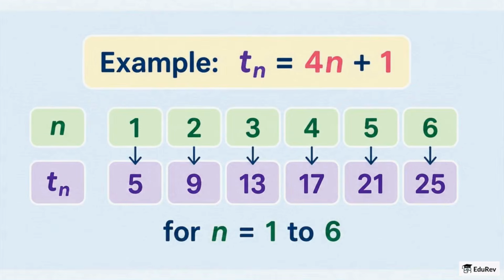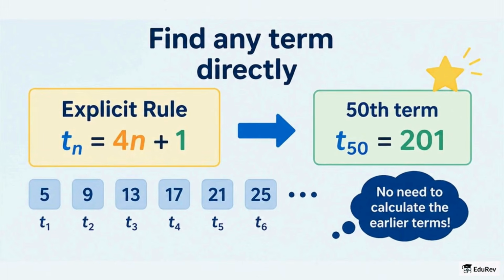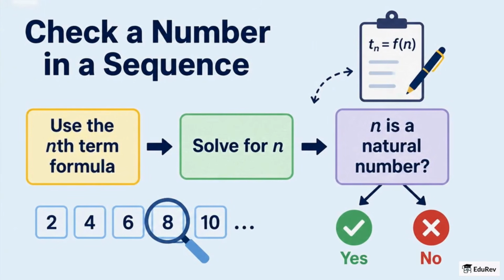Another example, s sub n equals 4 times n plus 1 gives 5, 9, 13, 17, 21, 25 for n from 1 to 6. We can use an explicit rule to find any term like the 50th term without earlier terms. To check if a number belongs to a sequence, we solve the formula for n and see if n